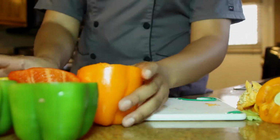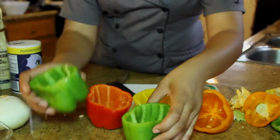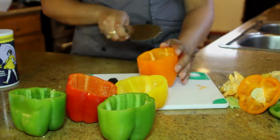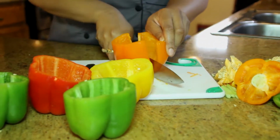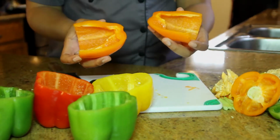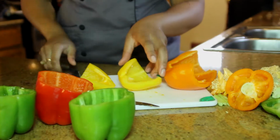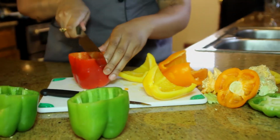We have successfully cut all of our peppers, the tops off. Remove the tops. Now we're gonna go ahead and actually just cut the peppers in half, like so. Try to get it as close to half as possible. And you'll end up with 2 slices, like so. Go ahead and just do that with all of the peppers. Cutting them in half. So they're kind of like little boats,